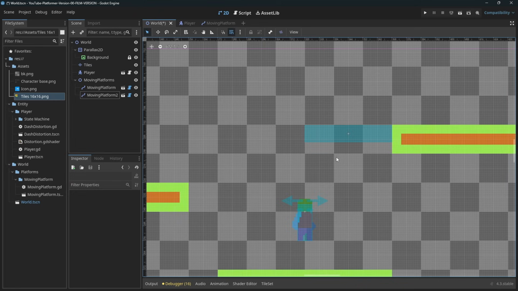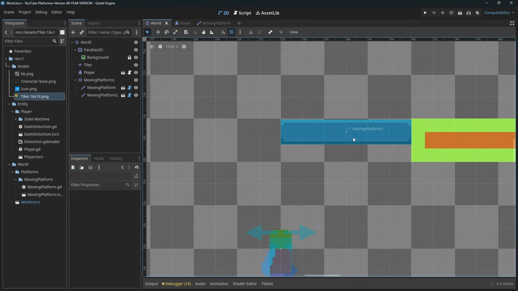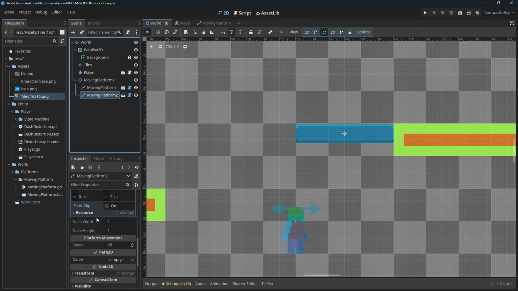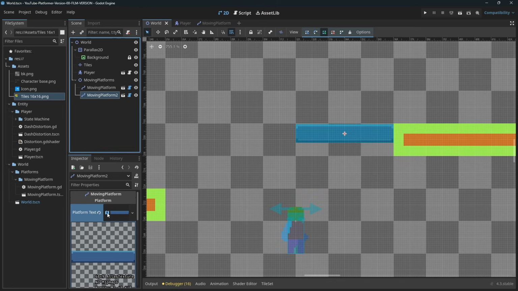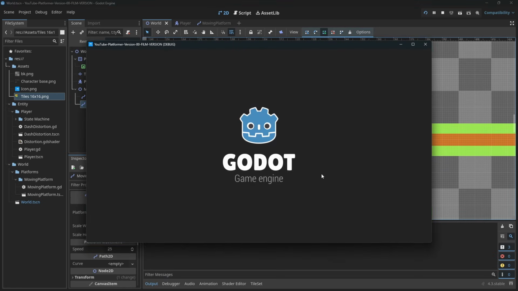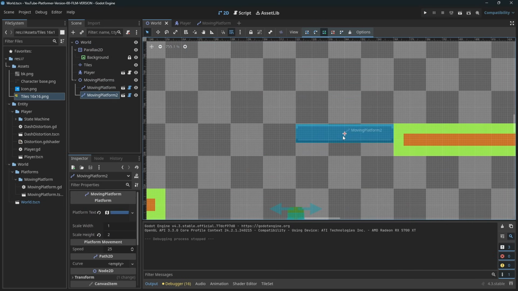And this has no curve, and it also hasn't updated. Okay, there we go. Now it's updated. So there's the platform. But let's make this one a little different, okay? Let's come down to platform texture, scale width and scale height. Let's make this one twice as tall. Save, refresh and come back. So now if we run it, see how that one's twice as tall? Perfect. Let's move it down